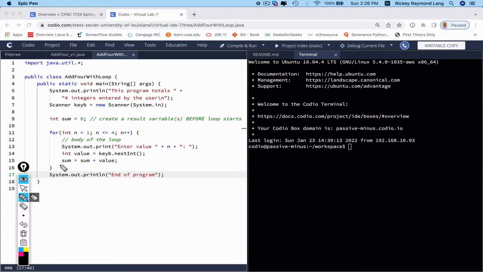All right, we calculated sum, but nowhere did we show what the sum is when all is said and done. When we finish the repetition, we just had a statement, end of program. Well, obviously we went through all this trouble to calculate a sum. We obviously want to see what it is. So we're going to add a statement here